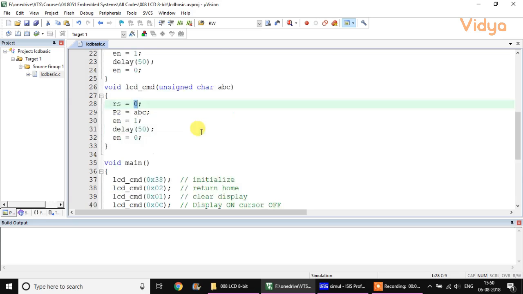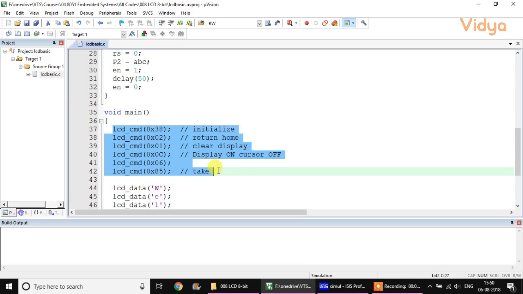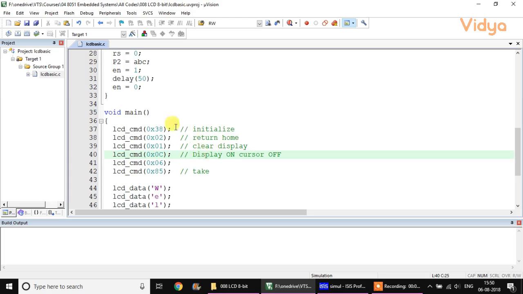Now let's look at the main code. There are some initialization commands which are needed to be given to the LCD whenever the LCD starts. These are those commands: 0x38, 0x02, 0x01, 0x0C and 0x06.